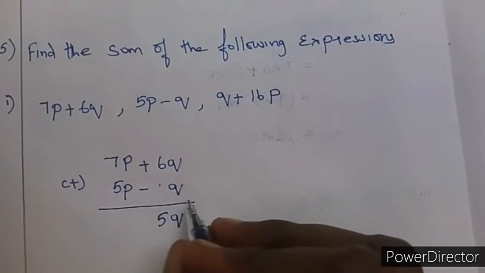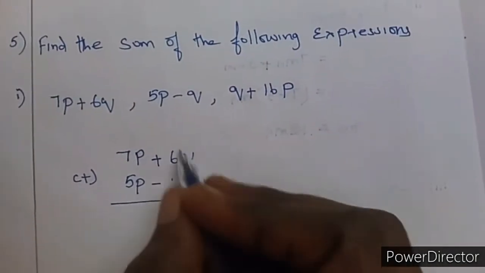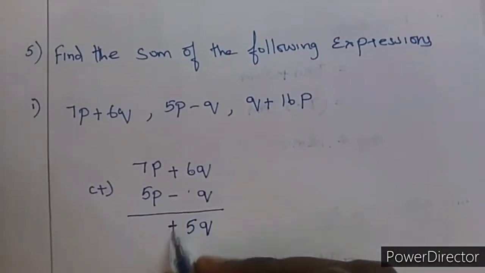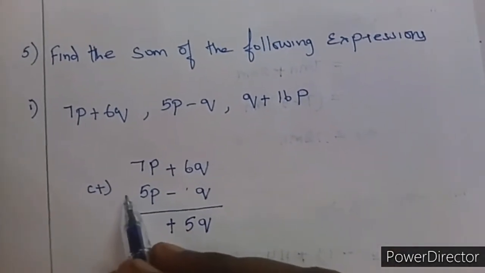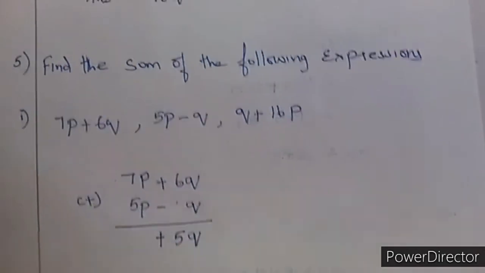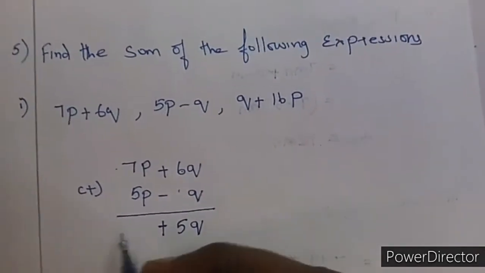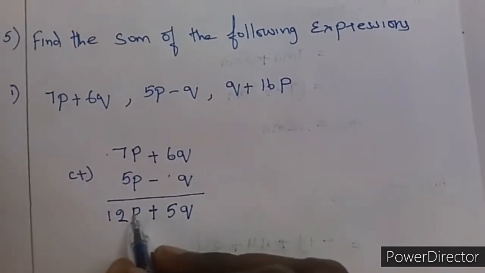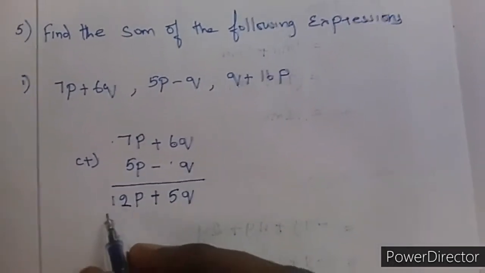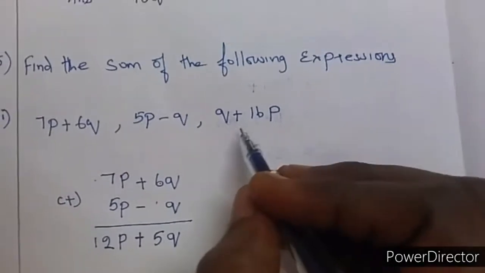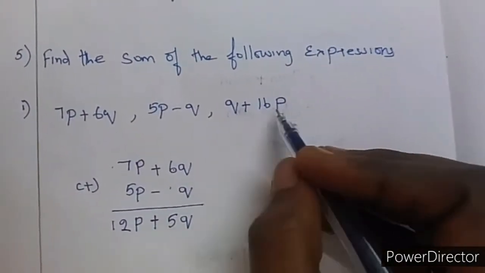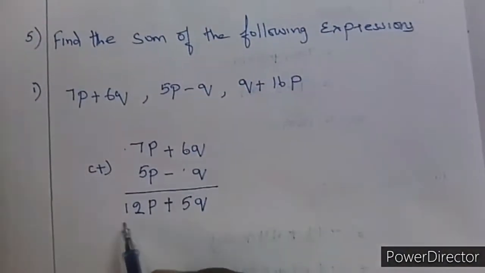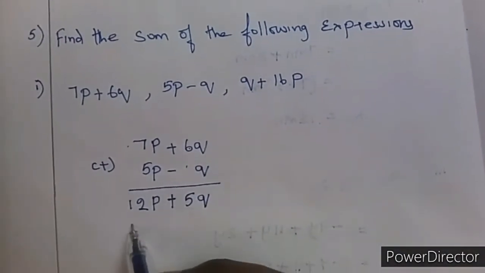Write the variables. Now which number is greater in these two? It is 6, and the sign for that is plus. Now coming to this part, plus into plus, we have to add these two numbers. So 7 plus 5, it is 12. Don't forget to write the variables. Along with this expression, you please arrange the given third expression. Here given as 16p. So that 16p you have to write under 12p.